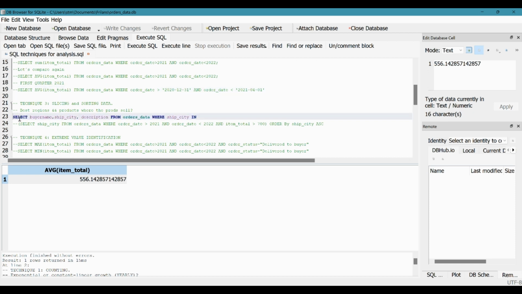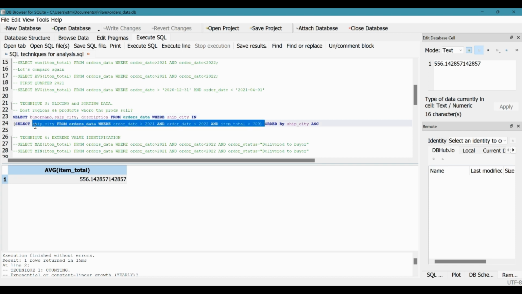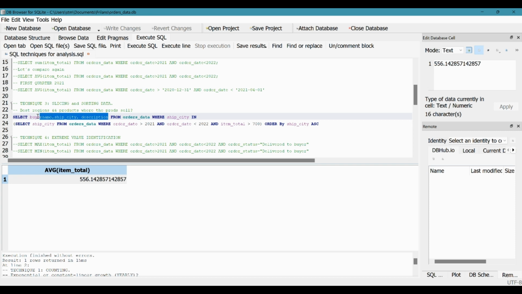Another technique is the slicing and sorting of data. We do this by choosing which columns we want to have in the results of a select, for instance. What I'm doing here is that I want to know from 2021 which regions and products sold for more than 700, and then show them all together in description, ship city, and buyer name, because this is going to tell me best regions, best products, because it was more than 700, and it's going to be ordered by ship city in